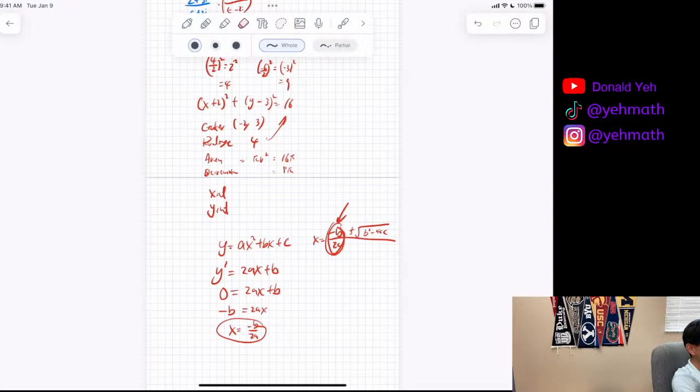I also posted one airplane question, a linear equation, on the group chat. It was talking about the meaning. A lot of the time the SAT doesn't ask you to find the slope. They ask you the meaning of the slope. Do you know that? They don't really ask you to find the slope. They ask you the meaning of the slope. Pick the right one. So I put one question on the group chat.